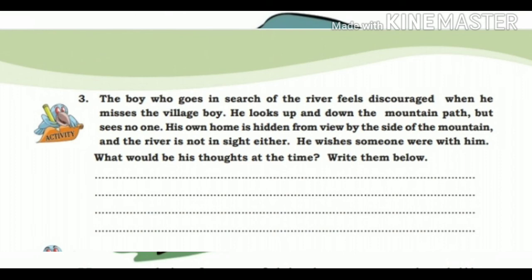Then hope and excitement. What are the hopes he has? The river itself. I can touch that. All those things are a big hope for him. His determination was very good, right? So what will be there? Very many thoughts about the river will be in his mind. I can touch the river, the feeling, I can see the fishes, I can enjoy the coolness of water. So all those things lead him, right? So we can write like that, based on that. Then we can make all these into sentences and write them.